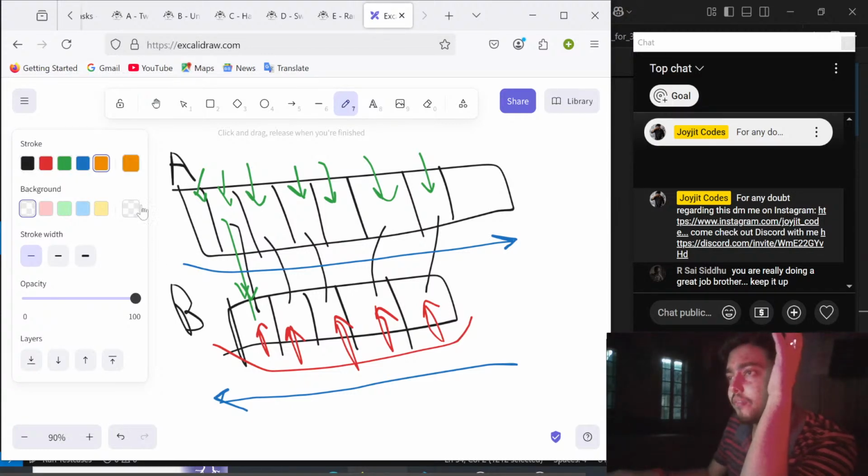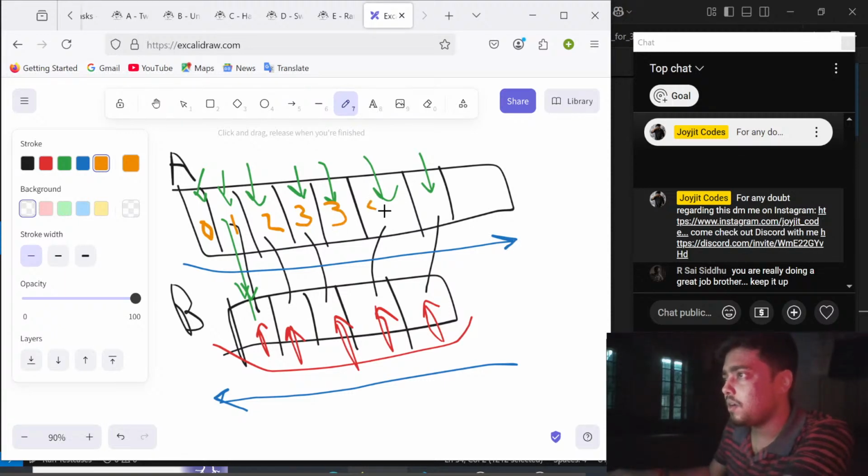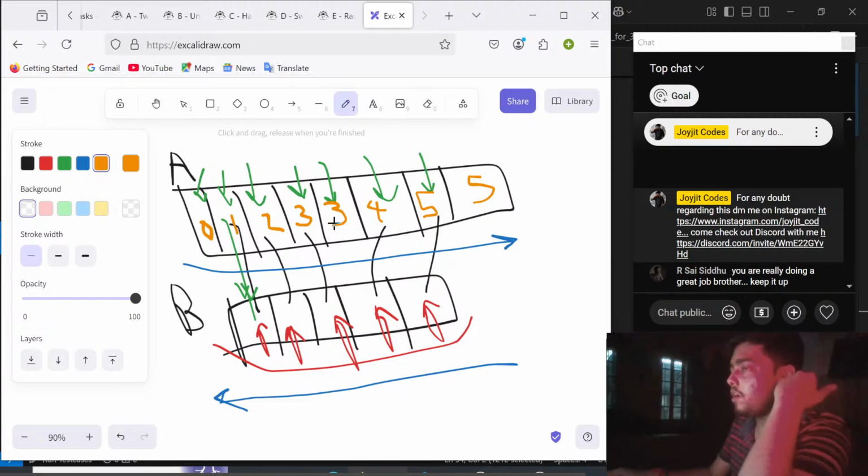Okay, I'll use a different color. So see, for this, there was nothing matching, right? For this, the first element matched, right? For this, the second element matched. For this, the third element matched. And for this, only 3 elements has matched. 4 elements matches. 5 element matches. And 5 element matches. Okay. Now, if we were doing it from the reverse order, okay, this is 0, 1, 2, 3, 3, 4, 5,